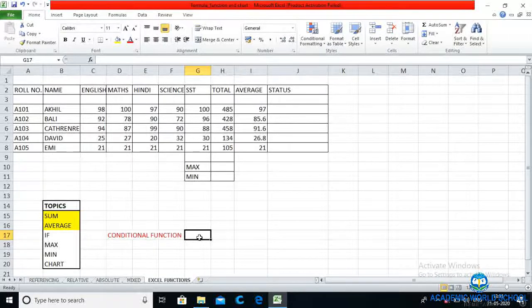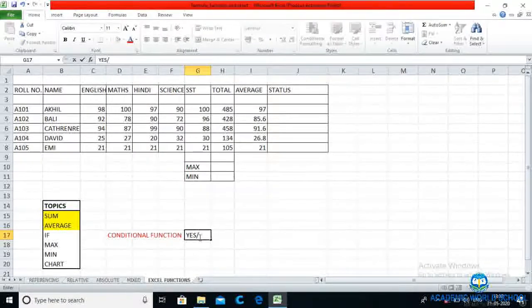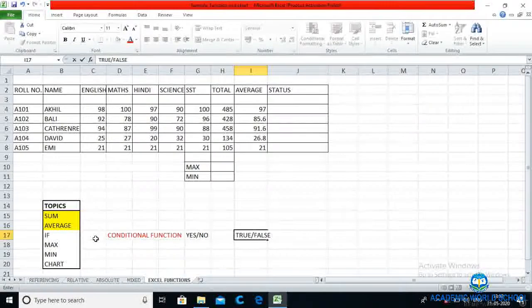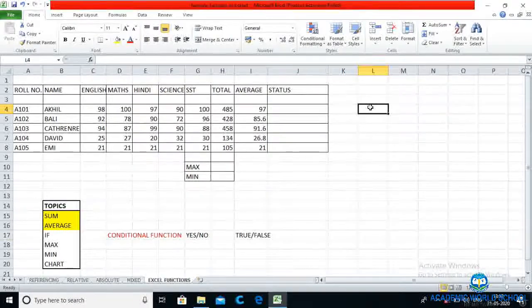The easiest example. Everybody knows, yes, it rises in the east. So, either true or false. Both can't be at the same time. So, on the basis of the condition, your answer should be either yes or no, true or false.